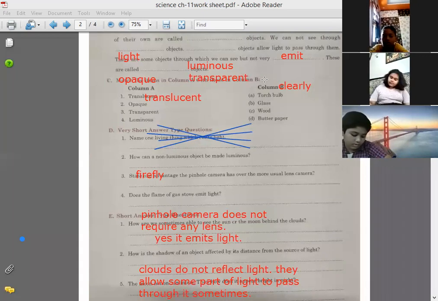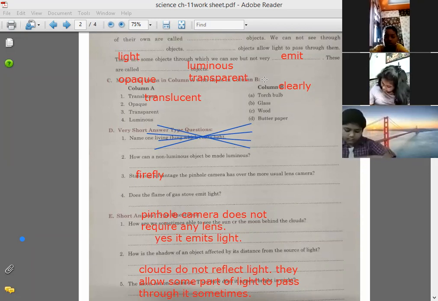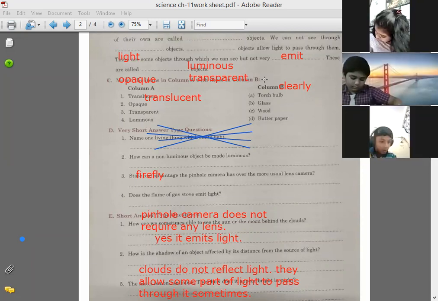If we go closer to the source of light, the shadow will be bigger. Simple it is. If you are moving towards the source of light, then the shadow will be bigger. And if you are going further from the source of light, then the shadow is smaller. Got it? Done, children? Everybody has done it?